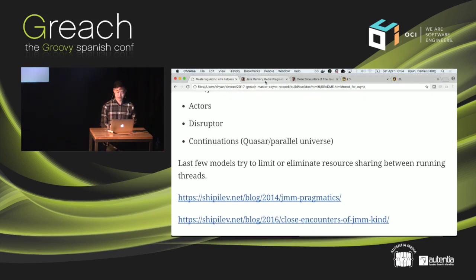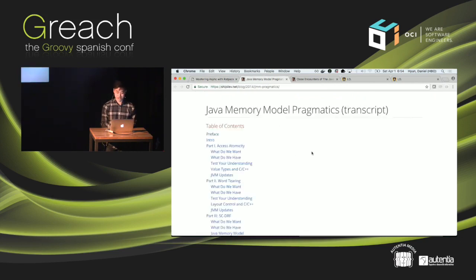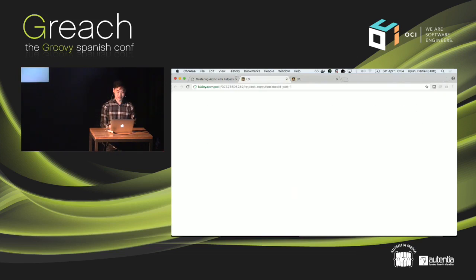And of course, just to go into really how difficult memory works, especially in the asynchronous world, I definitely recommend reading Aleksey Shipilev's blogs about the Java memory model and the follow-up, Close Encounters of the JMM Kind. This is a very in-depth look into how the Java language specification tells you how the memory model should work. And when you throw threads into the mix, it can be quite mind-blowing.